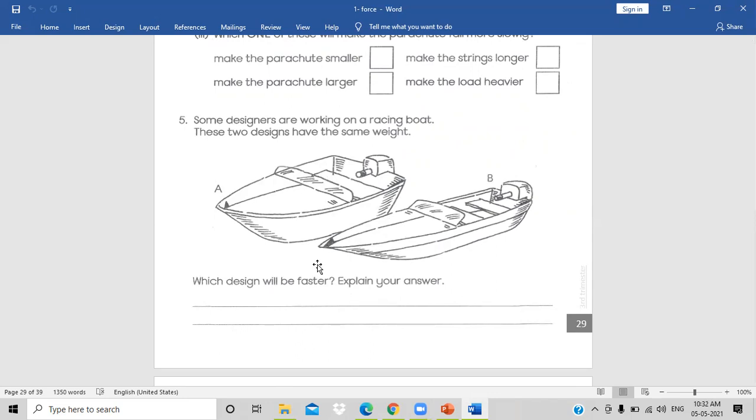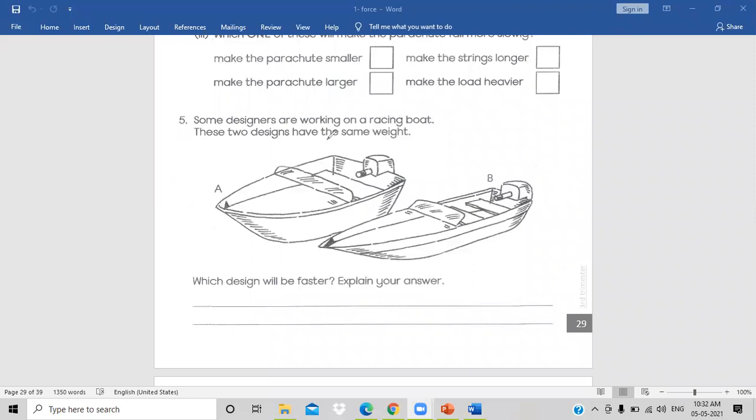It's similar to the idea of the parachute. When the object is wide or large, this will make a lot of air resistance hit or push back against the object. While when you make it small or thin, this will make less air resistance, or water resistance in this case, affect the object. Let me show you the way I showed you